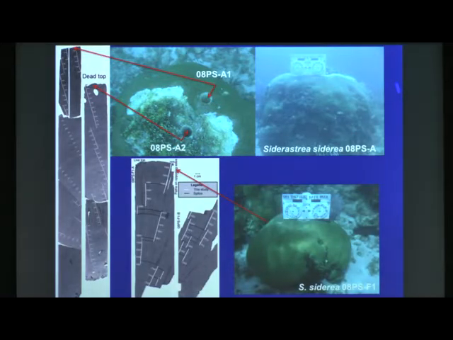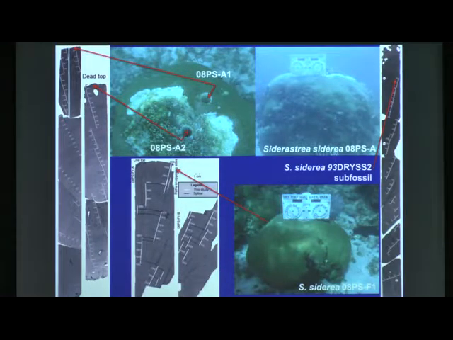We also sampled a second smaller colony, the 08 PS F1, of the same species. We have the cores and the x-rays from this colony as well. This colony has 2 sample paths throughout most of the record, so we've replicated within the colony as well. And in this part of the longer coral record, we've replicated through certain intervals as well. Our third colony we sampled is that 93 DRYSS2 core that has a dead top, and you can see at the top there's some bioerosion. So that's the third colony we're going to look at.